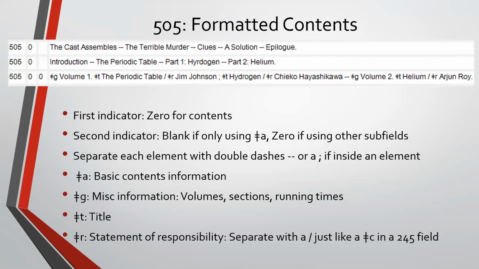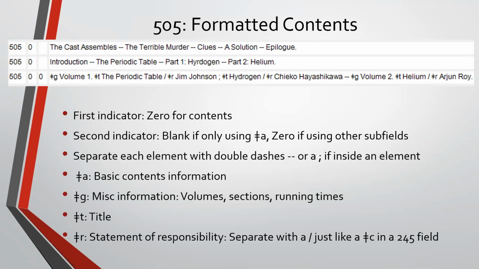505, a formatted contents note. So this is for your table of contents. First indicator is 0. Here we have table of contents. The second indicator is blank. You're only going to use the second indicator 0 if you're using additional subfields within the book to add greater clarity to what